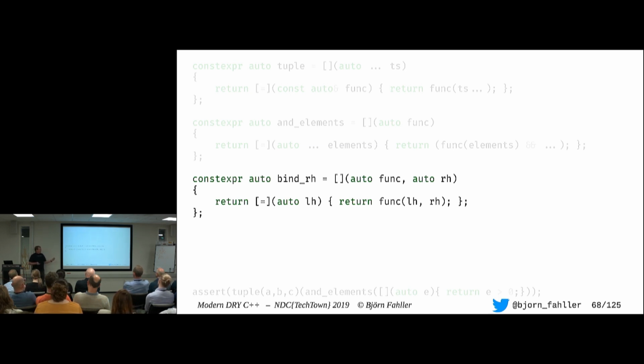And for the purpose of this presentation, I didn't want to spend too much time on explaining how to do this super general. So I have a bind right hand. That's what RH means. So bind right hand takes a function and a value. And it returns a lambda that is callable. It assumes, by the way, that the function takes exactly 2 arguments. Otherwise, this will not work at all. When we call this returned lambda, we call the function with the parameter of the function call and the captured